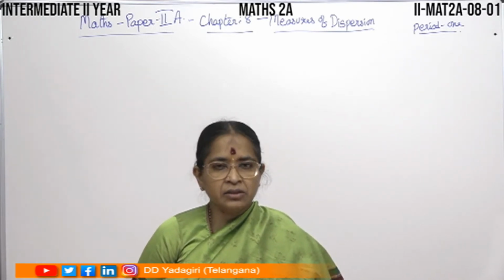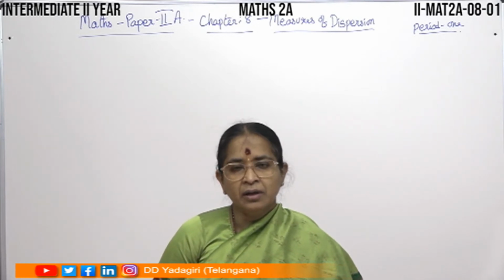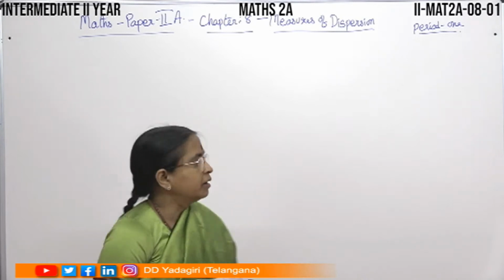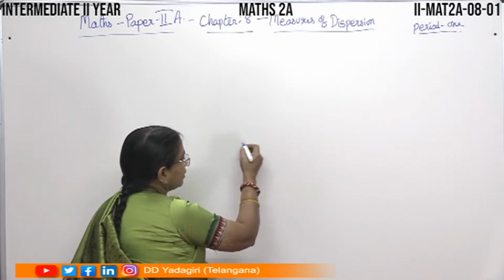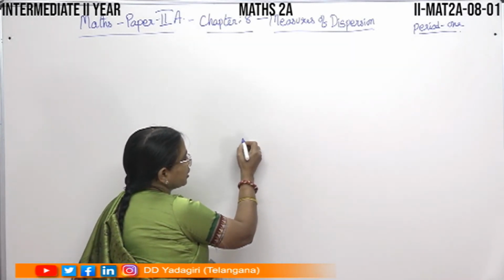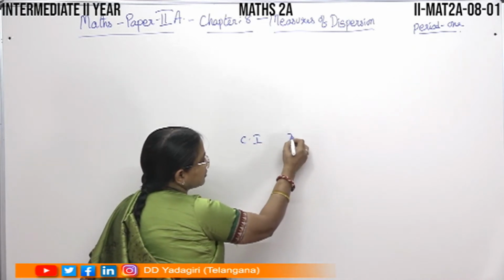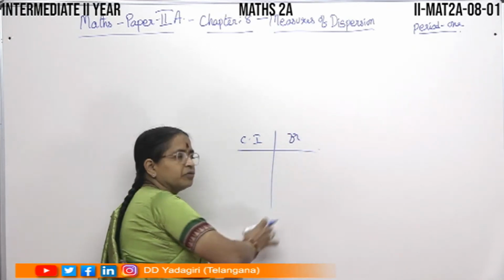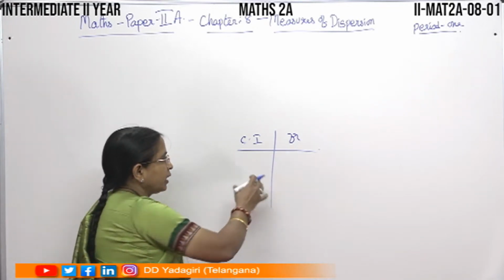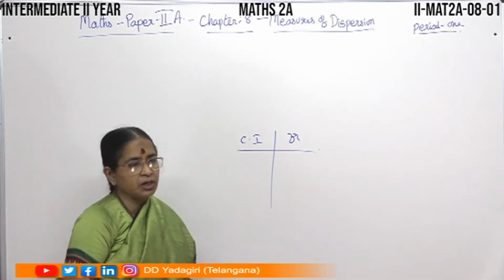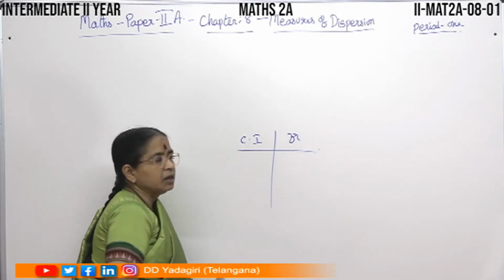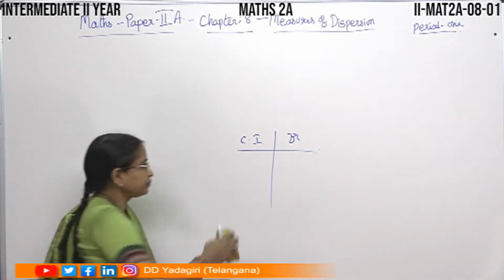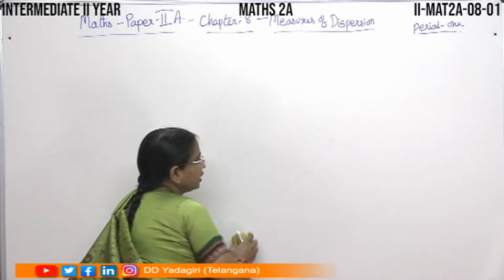So in your lower classes you studied about collection of data and then forming the frequency distribution table. You will have class intervals, frequency. You know how to write this frequency distribution table, how to construct this frequency distribution table, and then you have learned the